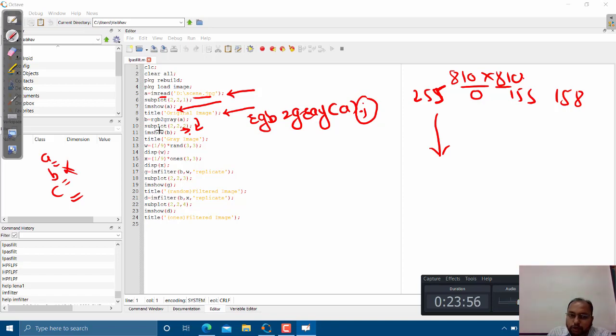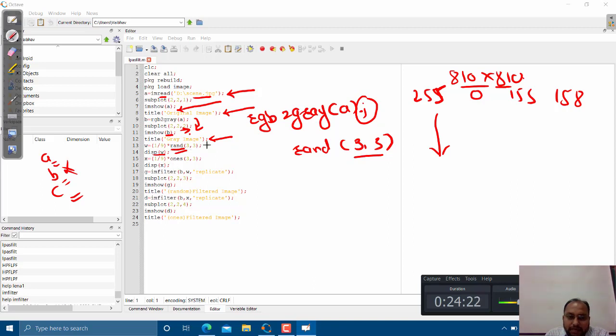Then I am going to show this black and white gray level image by using the imshow function. I have given the title as gray image. Then I have used the rand function, which is a variable that gives random values and has a matrix size of 3 by 3.